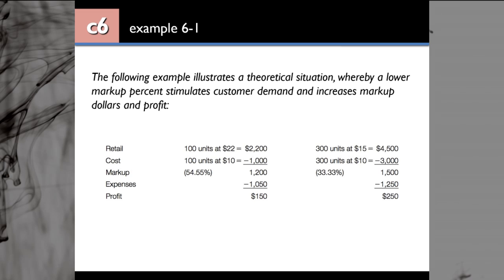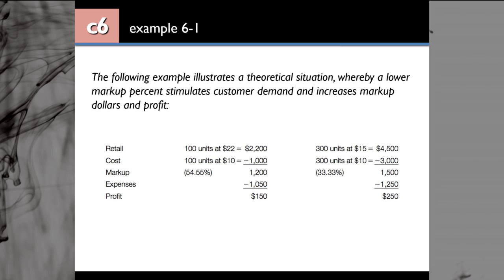$1,500. Your markup percentage on the right-hand side is 33.33%. On the left-hand side, you have a higher markup percentage, which is 54.55%. This was calculated based on the markup dollar and retail. So for the left-hand side, it was 1,200 divided by 2,200. And for the 33.33%, it is 1,500 divided by 4,500. But at the end, even though your retail price for each unit was cheaper for the